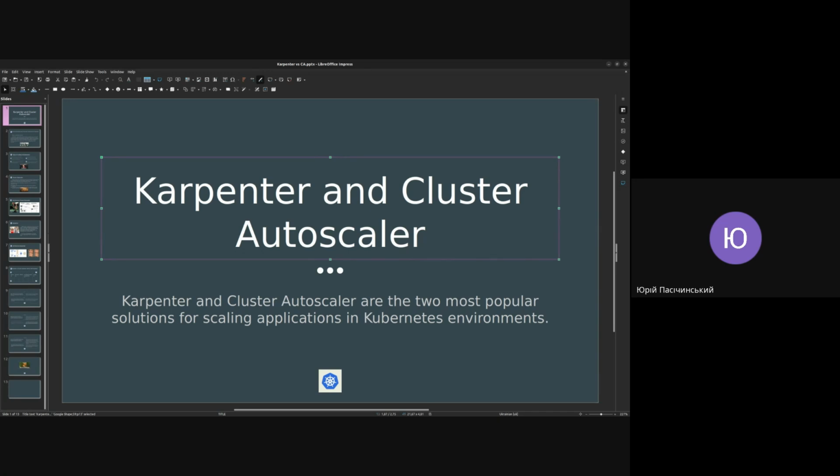Hello, everyone. Today we are going to talk about autoscaling. What does it mean, how it's used, which tools are used. This covers the basic concept of scaling as well as tools we can use. On the next slide,